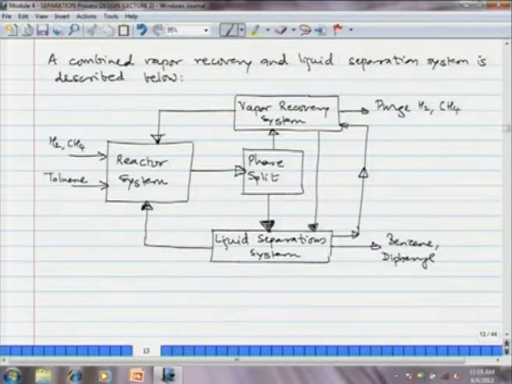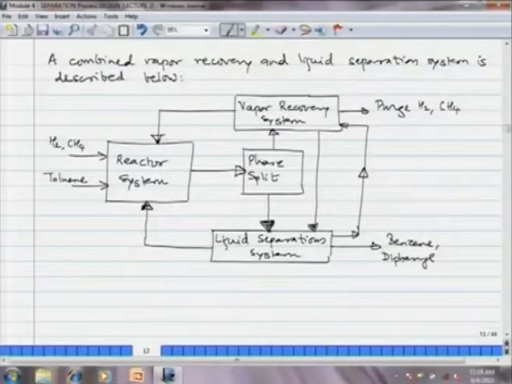That reactor operates at about 500 psi and about 1200 degrees Fahrenheit, or 895 Kelvin. So, the reactor effluent is a mixture of benzene, that is the main product, diphenyl, that is the side product, unreacted toluene, hydrogen and methane, and it is at high pressure and high temperature. First we recover all the heat from that stream, then we reduce the temperature.